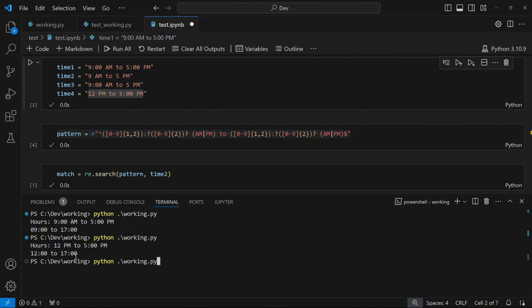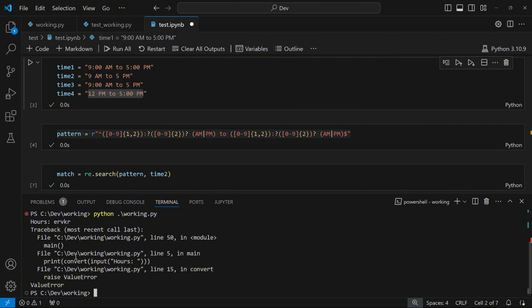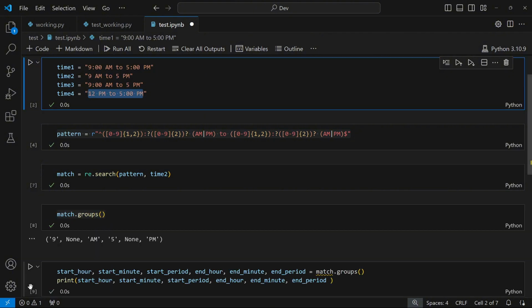And I'm going to run this just one more time and just enter anything here. When I press enter, we have a ValueError. So with this, I think our file working.py is working just fine. I'm going to clear all of this or close this terminal. And now we are going to implement the file